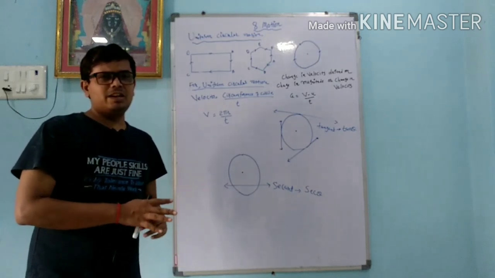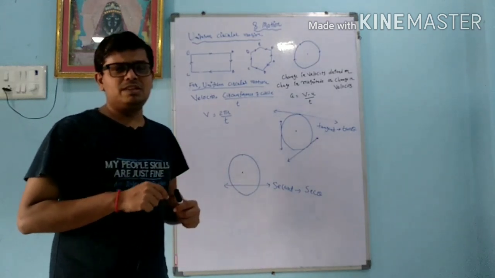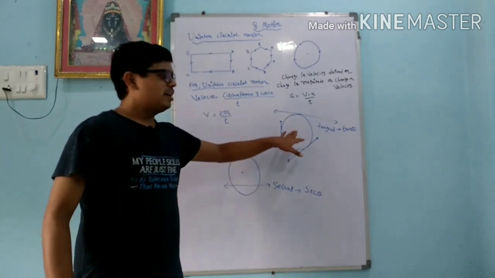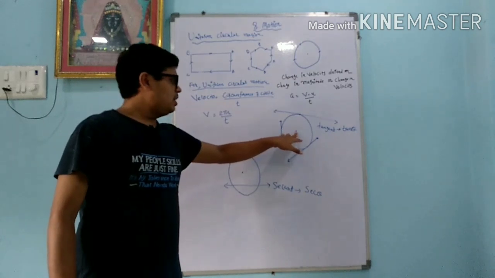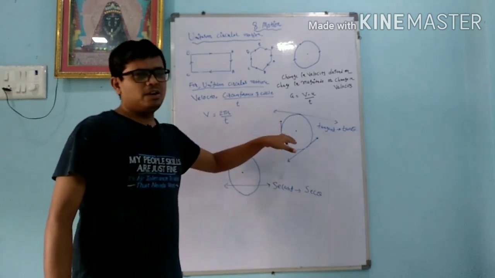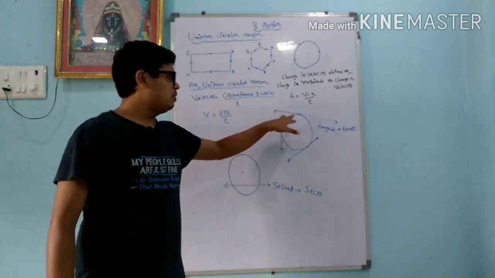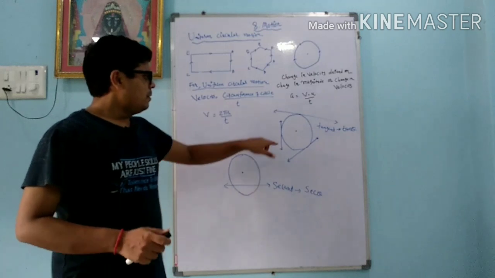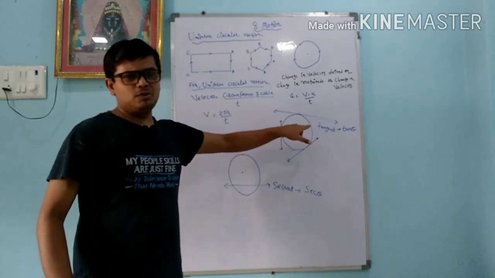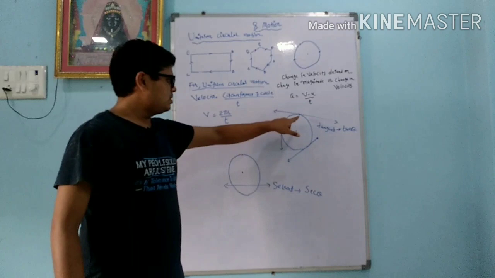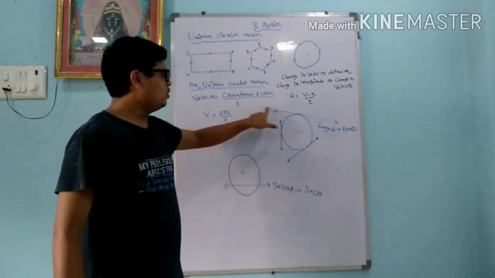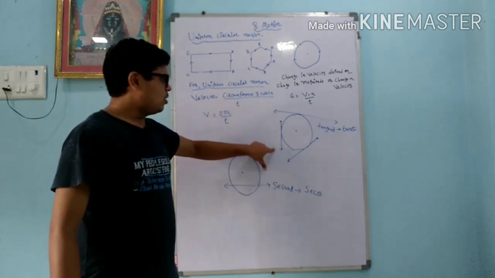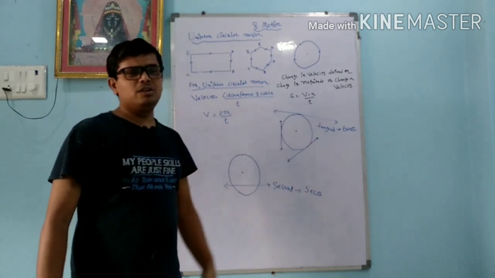To understand this, whenever any object is in motion with the same magnitude but different directions, that is uniform accelerated motion. We carry out one activity. In this activity, we rotate one stone around us using a thread. Whenever we rotate the stone around our head, the stone is moving with the same velocity every time, but the directions are different. Suppose I leave the stone from this direction, then it will go in this direction. If I leave the stone here, it will go in the downward direction. And if I leave the stone here, it will go in the other direction.